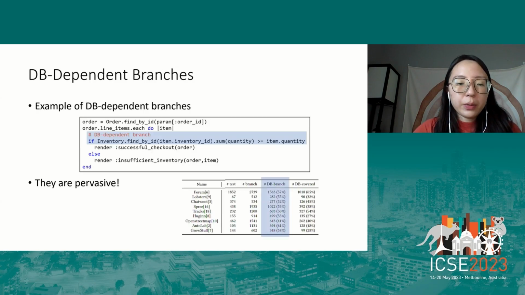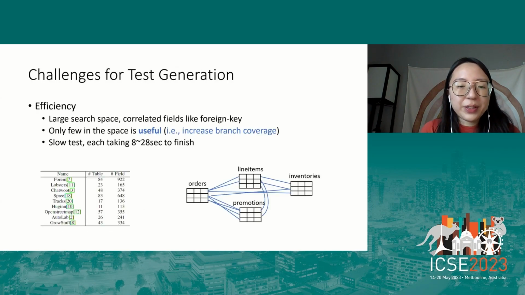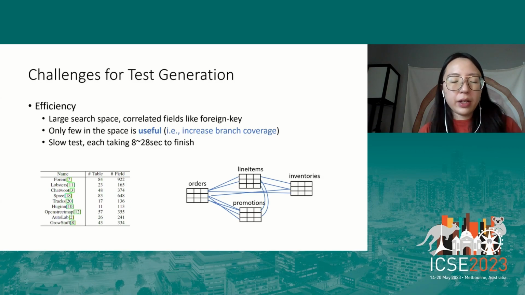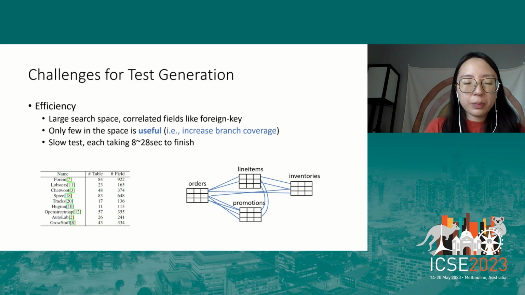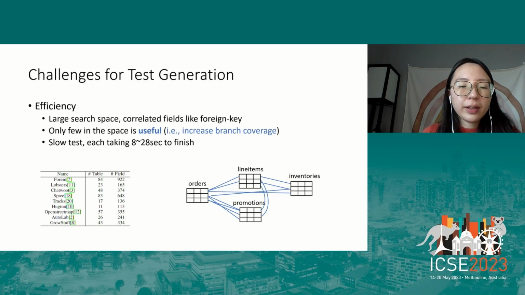Thanks. Yeah, we mentioned in the slides that the test is very slow, taking up to 28 seconds. This is due to the application itself, and I don't think there's anything we can do about that because some existing tests are already written by the developer, and they are slow because of the database they are using, and we cannot say, okay, you need to change the database to another one because the test would be faster. So we can only work around the slow tests by trying to generate as few DB states as possible so that we don't need to run so many tests to achieve the coverage increase.